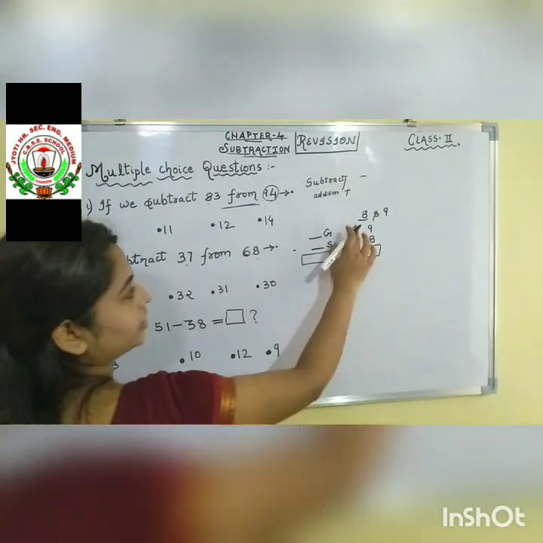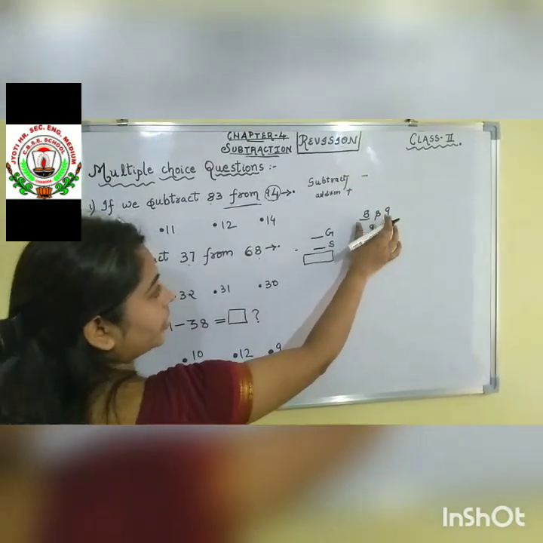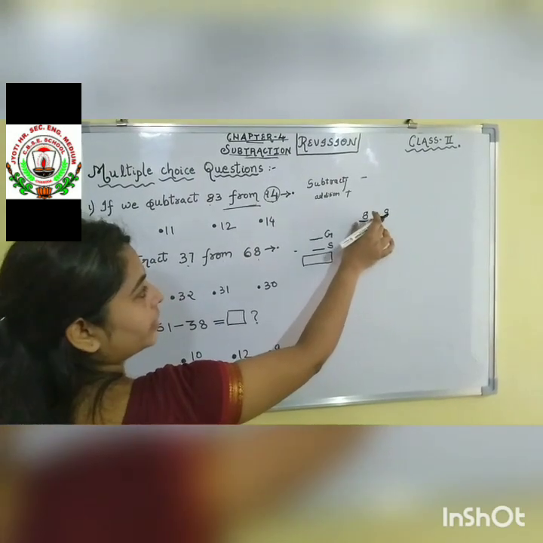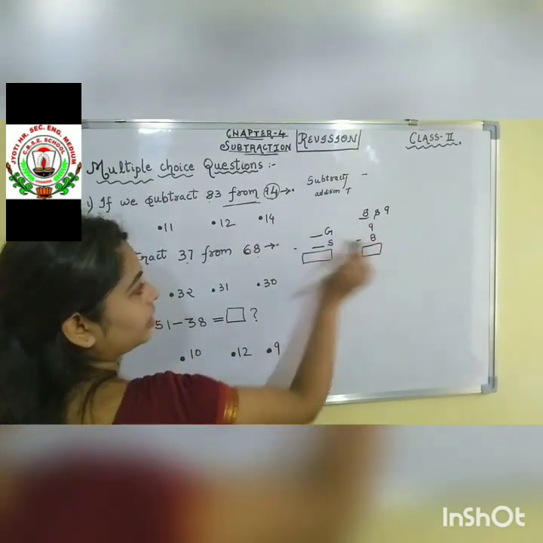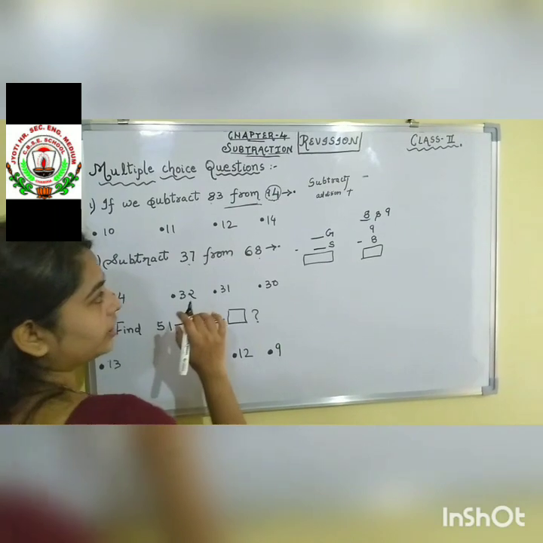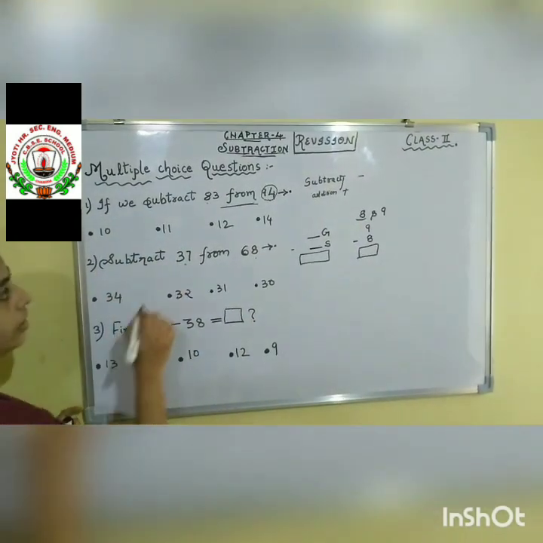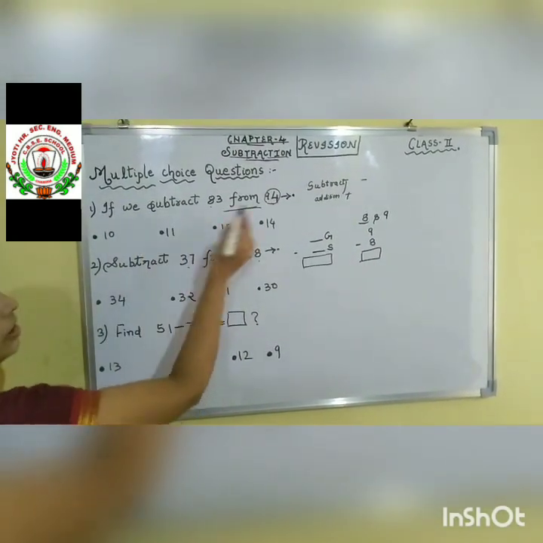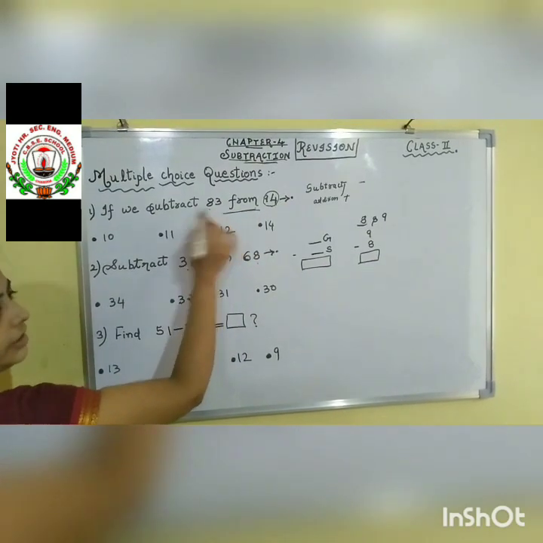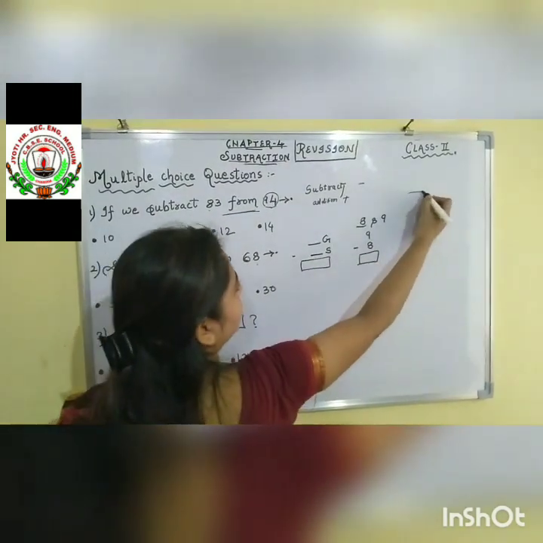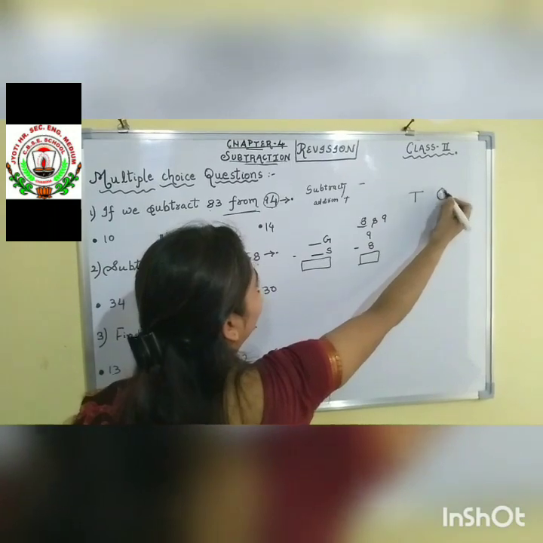Okay. First see the number, compare the numbers. Then write down the greatest number. Then write down the smallest number and then do the subtraction. Okay. Clear, children? Now we will see the first question. 94 is written and 83. So let us do it. Give the place value like this.